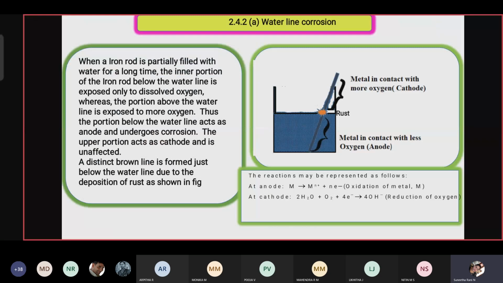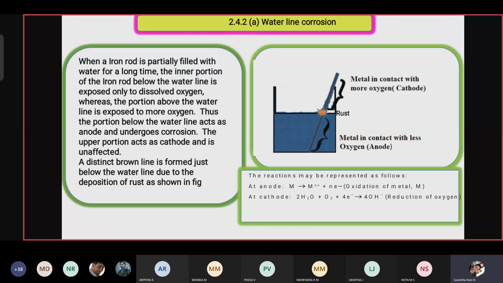So this precipitate starts destroying the surface of the metal because of the salt deposition in the water, because of the dissolved salts, or because the metal is undergoing corrosion. So, when we explain water line corrosion, near the water line surface, the corrosion always happens.